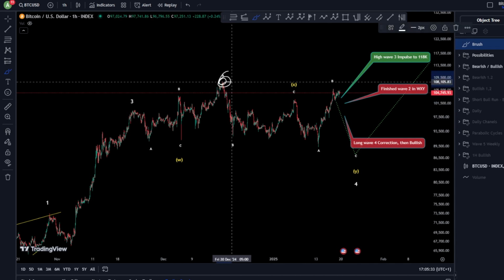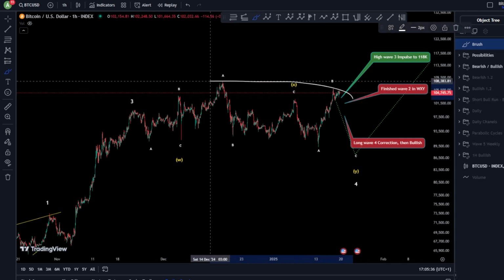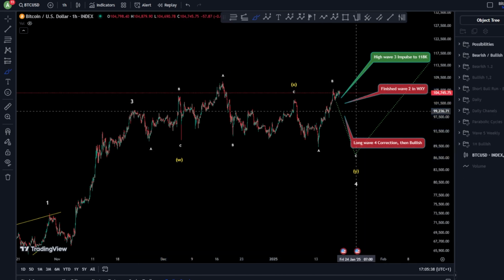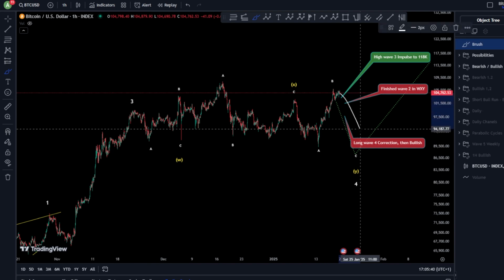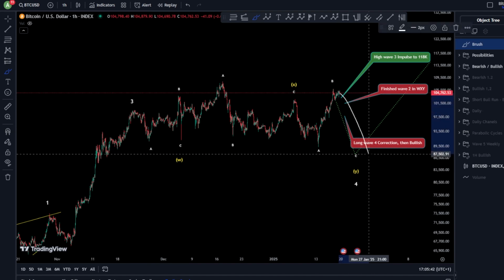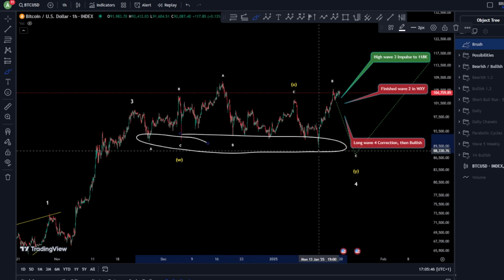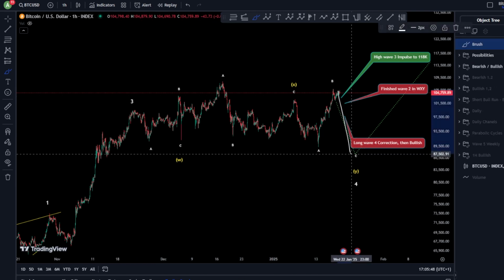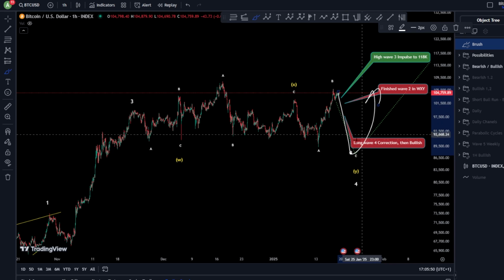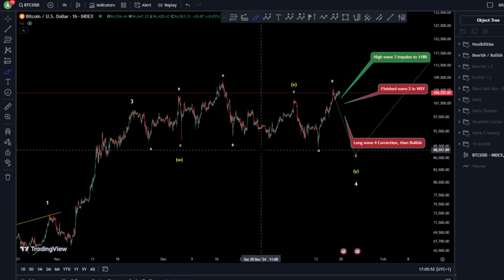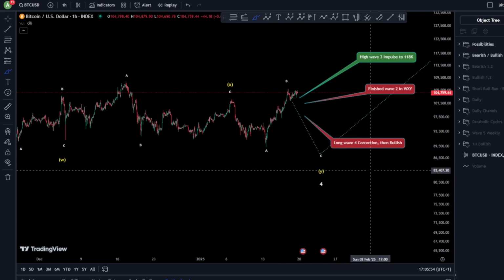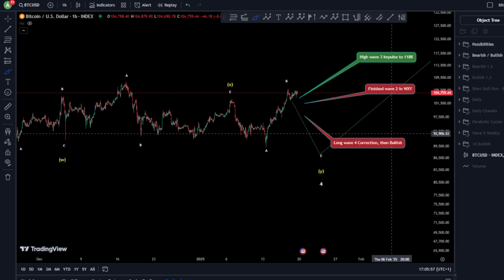Not taking the high yet means we are still in this correction, meaning it can be a possible scenario to have one wave C toward the downside to take all the lower prices again at a much lower price, and then moving impulsively toward the upside again. So this is of course a possibility, guys, as bearish.